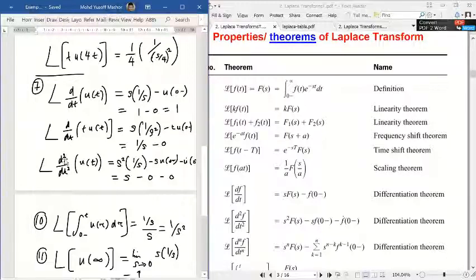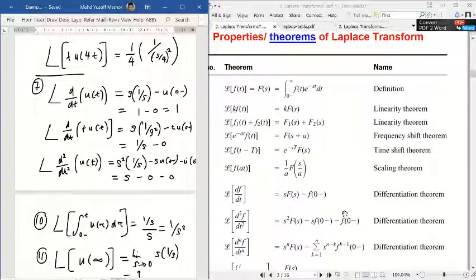Okay, let's say now we differentiate twice. Okay, you have step function, you differentiate twice, so that means you have to multiply by s squared. So step function is 1 over s. So because you differentiate twice, don't forget you have to minus two initial values. The first initial value is for this one, s f(0). So that means this is the initial value of the original function f multiplied by s. Okay, this is what you get here, original initial value multiplied by s, and minus